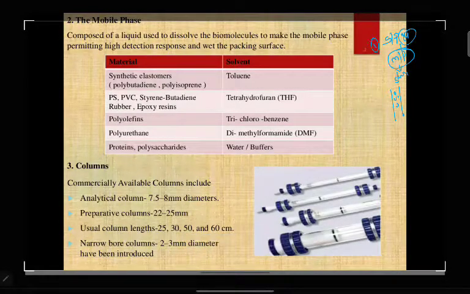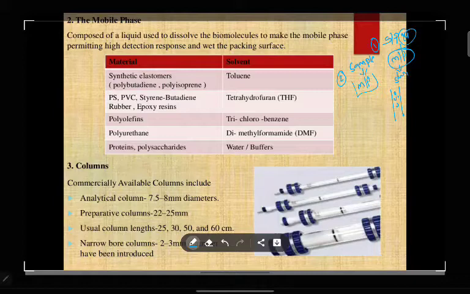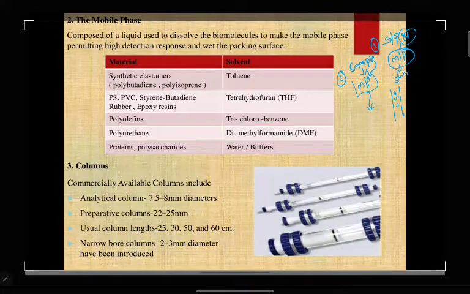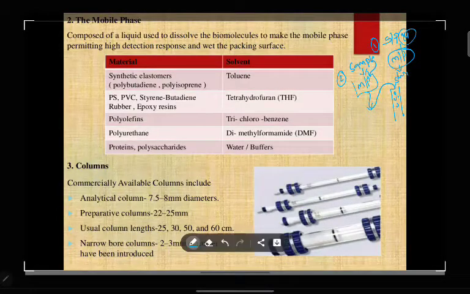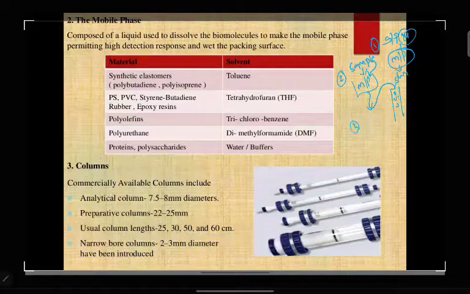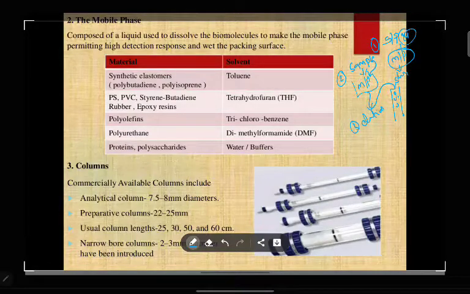Second, the sample we are going to separate using gel chromatography has to be dissolved in mobile phase. Directly, you won't load the sample on the surface of the column. You have to dissolve your sample in mobile phase, and through that mobile phase we load it on the surface of your column. Then third is for elution of your compounds. Elution means you pour your sample along with mobile phase, and you continuously pour mobile phase; then only elution will happen. So for these three reasons we need mobile phase. One is to prepare inside your column, where the gel will be there, no?